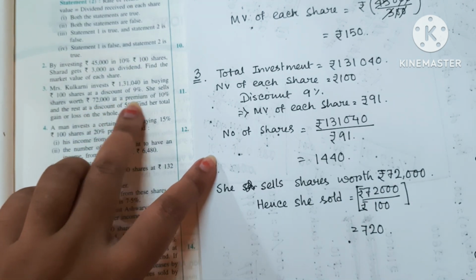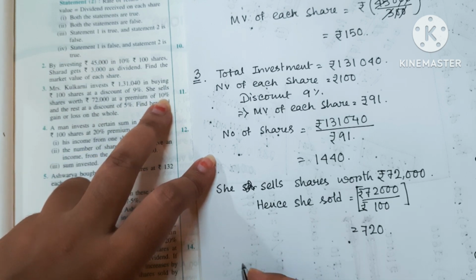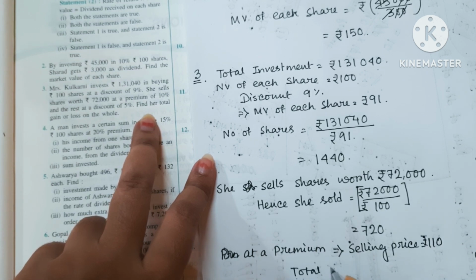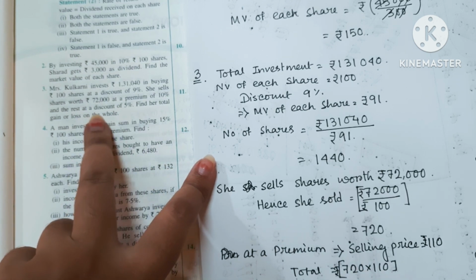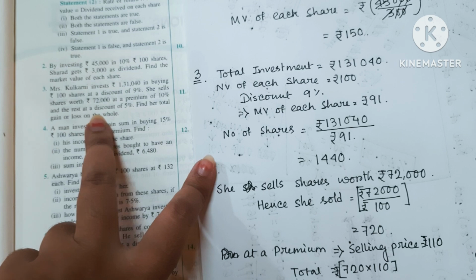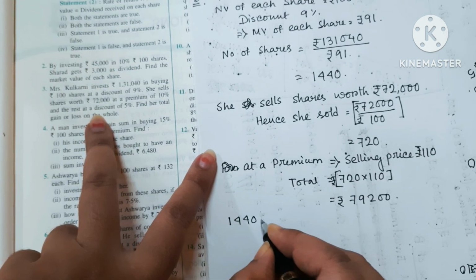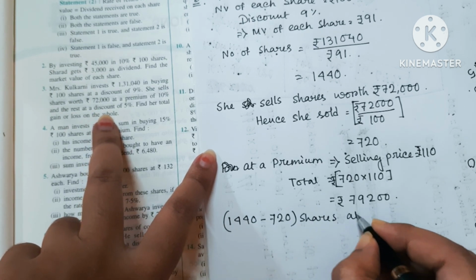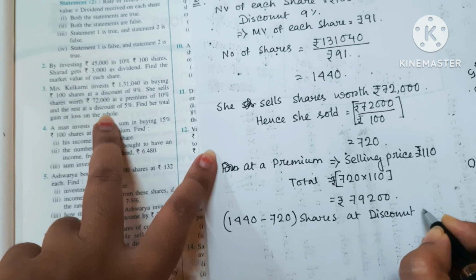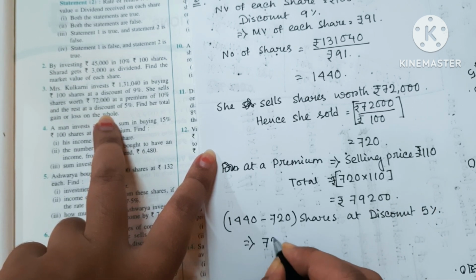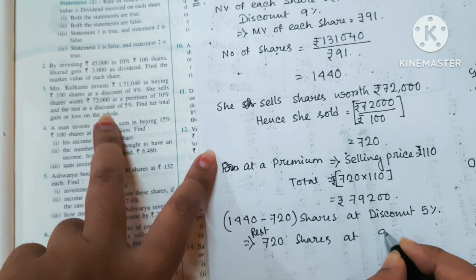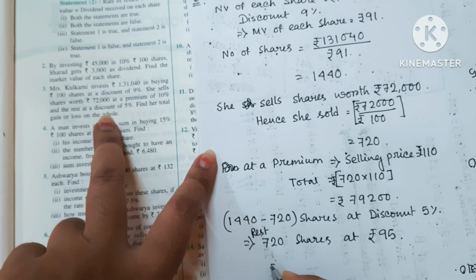720 shares at a premium of 10%, and rest of the shares, that means rest of the shares means 1440 minus 720 shares at discount 5%, that means rest 720 shares at 95 rupees. So total